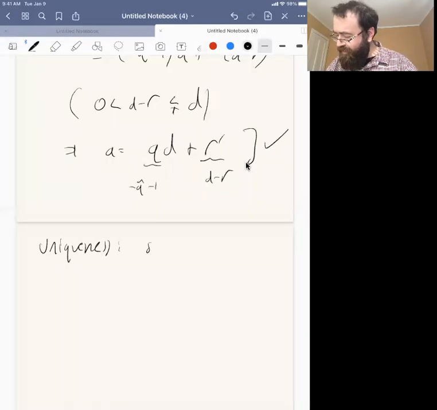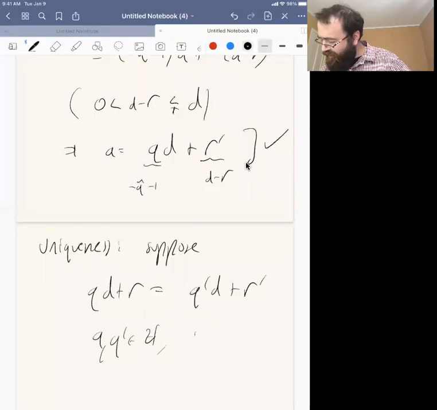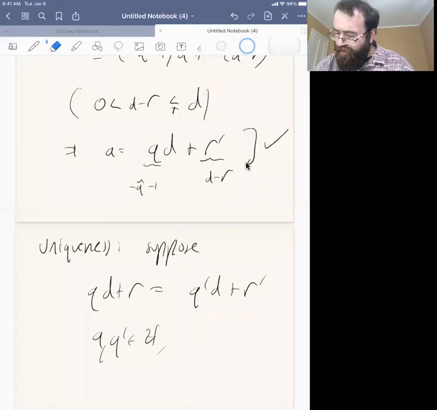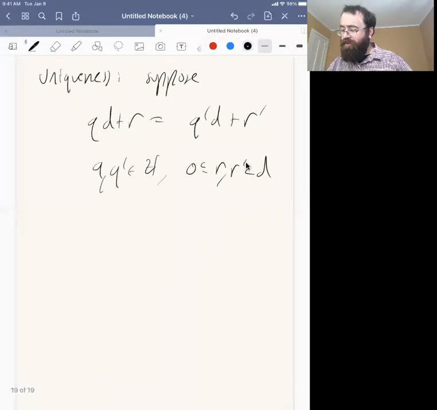Uniqueness. Suppose you have two different decompositions. So suppose QD plus R is equal to Q prime D plus R prime, where now Q prime lives in Z, and R prime satisfies the bound. That's a sloppy way of writing that. R and R prime satisfy the bound, like that. Okay, so suppose those things are true, then of course these two equations together can be rearranged, and they